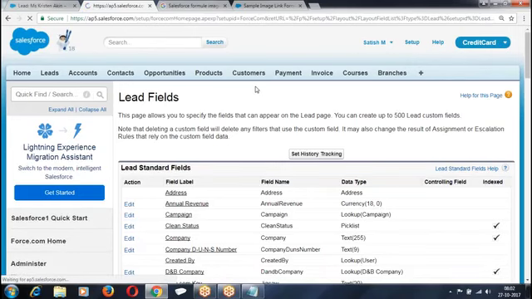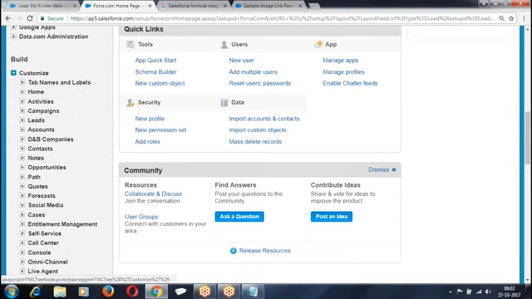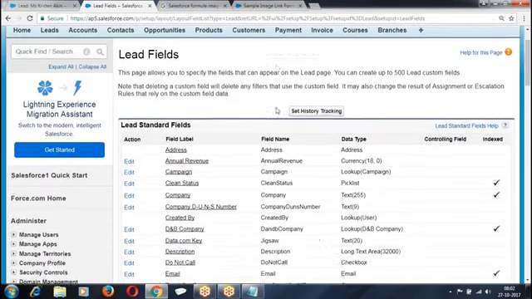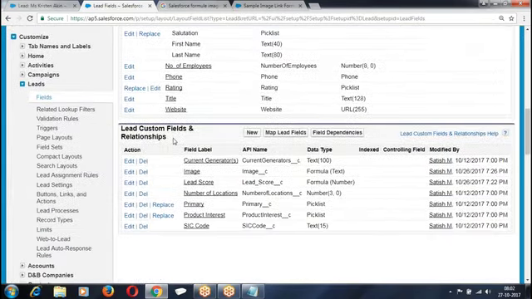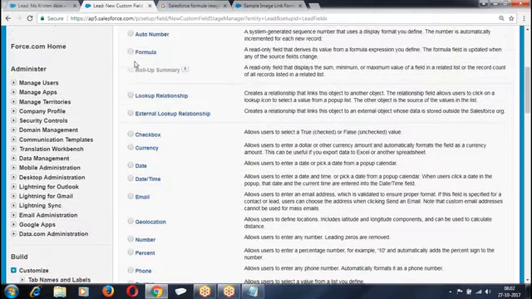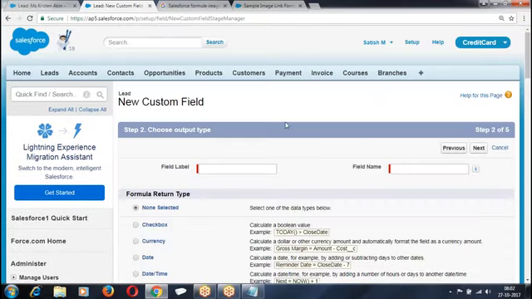Setup, build, customize, leads, feed, lead custom fields, formula, next.